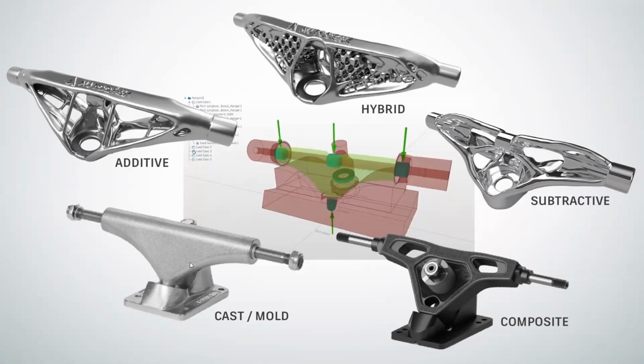This design software is suggesting what you get if you are trying to manufacture the same product with casting and molding. This one is what it suggests if you are trying to make it with additive manufacturing. This design is hybrid, subtractive as well as cast mold. Then this is totally a CNC machine object. This is again a composite. Though it's a single design, the center one. Can you see that? So this is what generative design is doing.